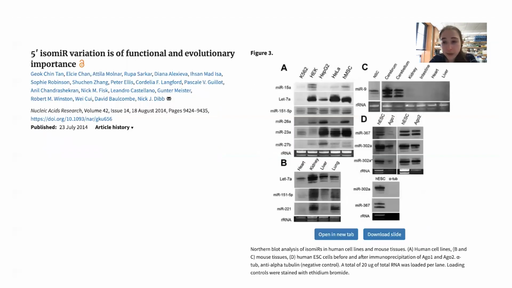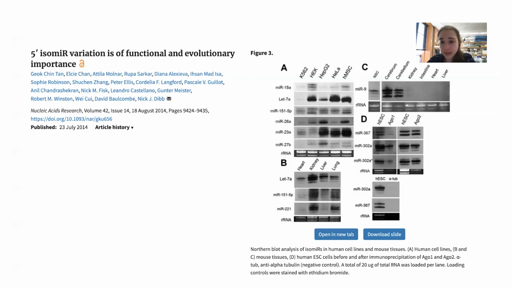An example of when you would do a northern blot. These are used a lot in the small RNA research field. So small RNAs, like microRNAs, siRNAs, various small RNAs. These things are typically around 20 nucleotides long, and they're involved in RNA interference and all sorts of cool stuff, which I've talked way too much about in the past. Well, not too much, but